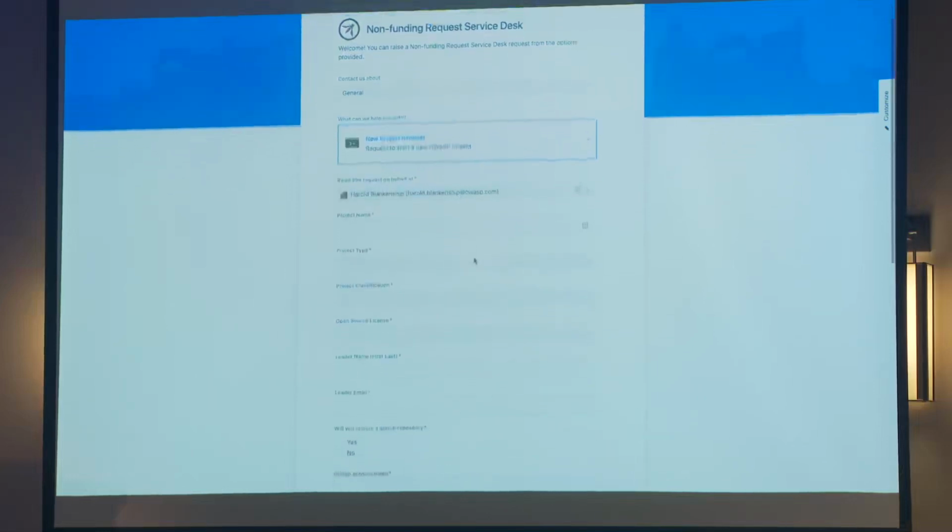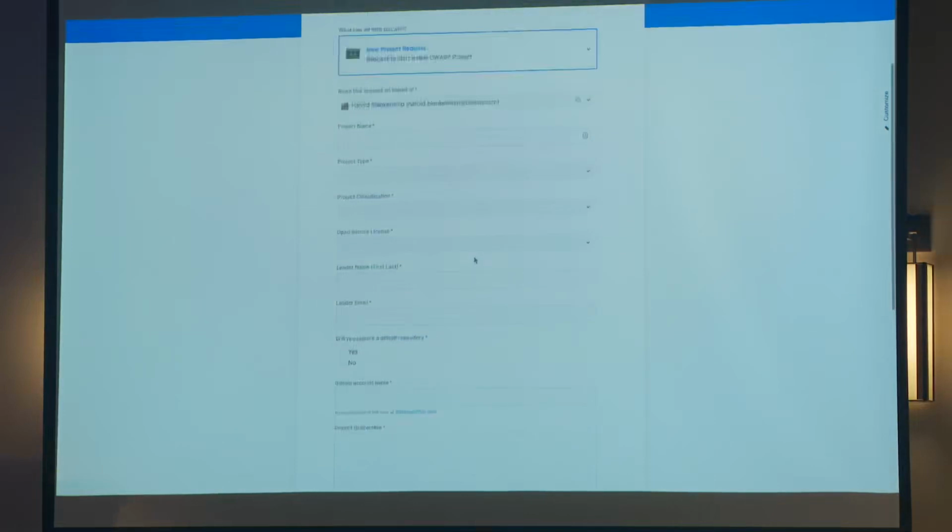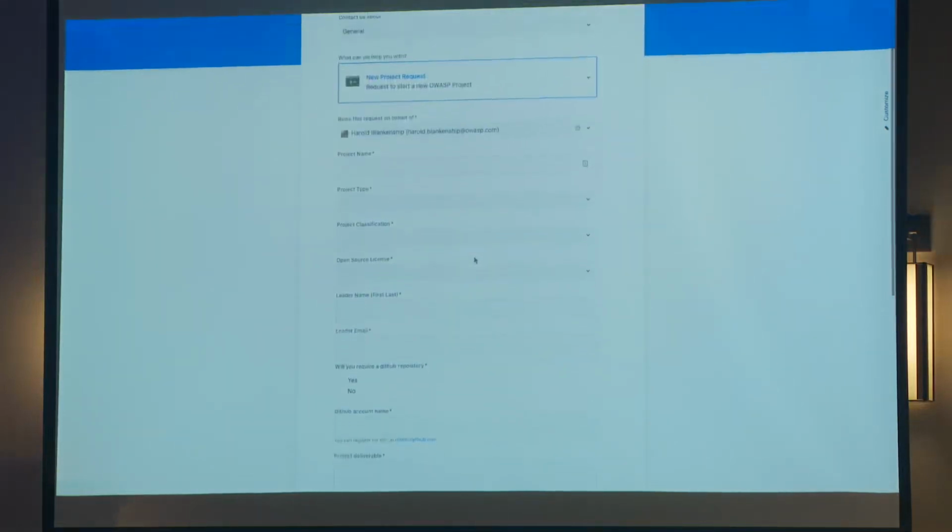And when you're here, you will fill out these pieces. And notice that these pieces are all what I just told you you need to gather beforehand. So you will basically just go down this list. You'll indicate whether or not you require a GitHub repository. I didn't mention that, but every project that we have will have at least one GitHub repository, that being their web page repository for that project.